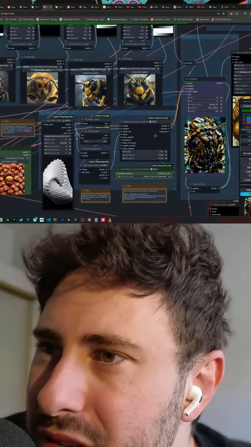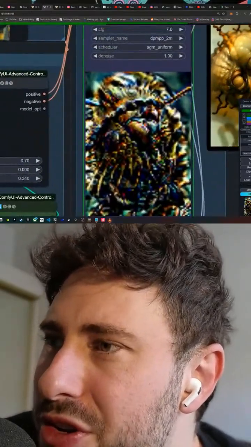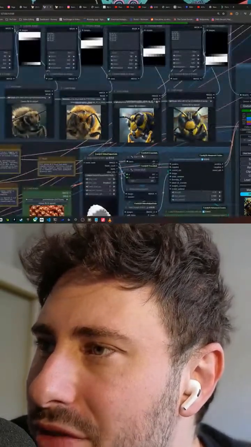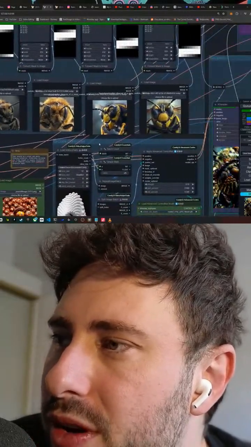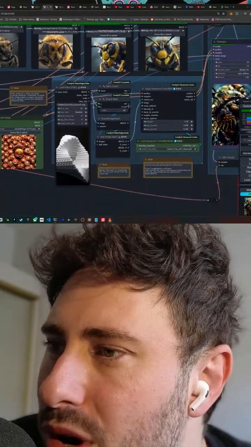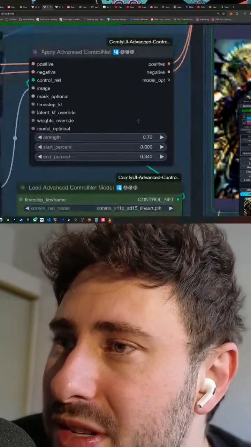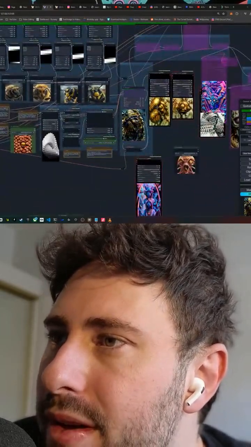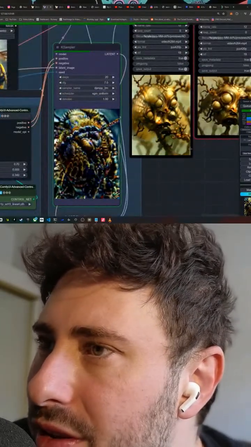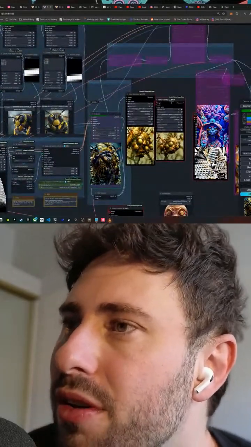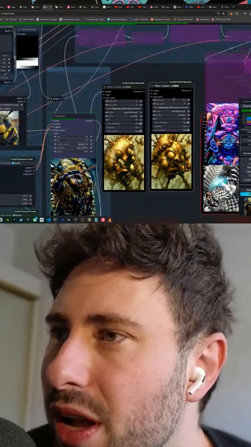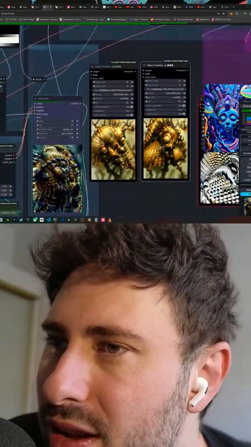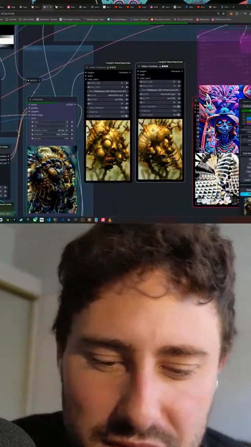All right, so as you can see already from the early stage generation, it's going to be kind of insane because I've left the settings as is. All I've changed here are the images. We've put in our bees and wasp images, but I've left the weights the same. I've left the motion mask the same as we had for the alien. So in a moment, you're about to find out what that translates to. I'll actually put the alien side by side right next to it so that you can compare and contrast once it finishes.